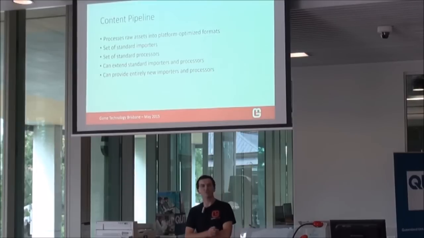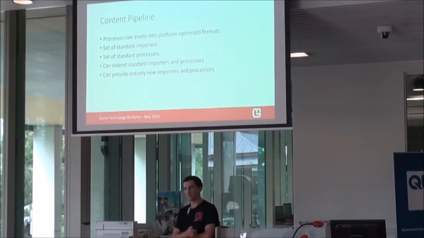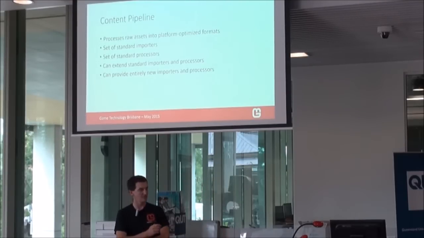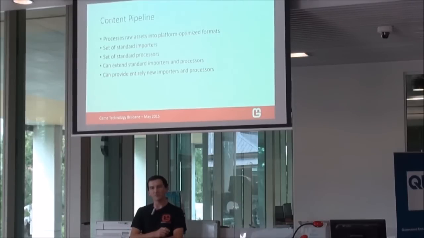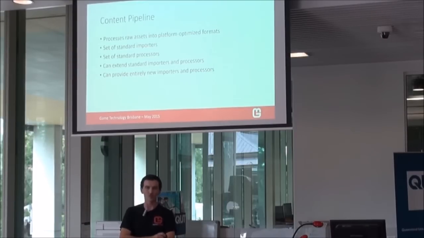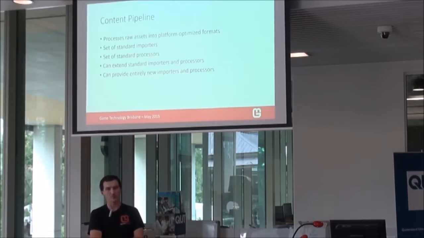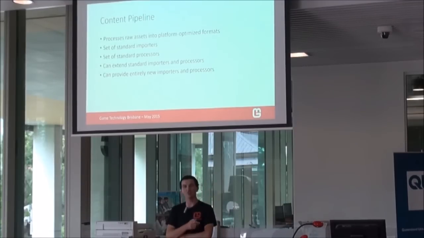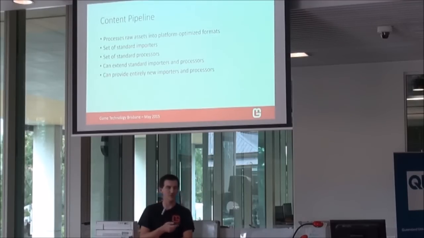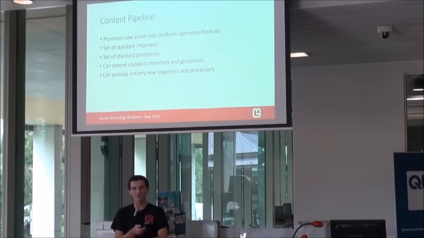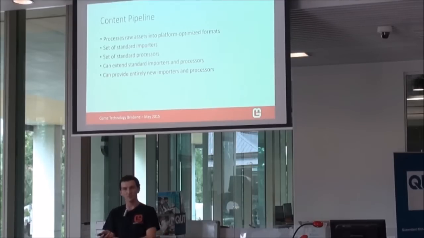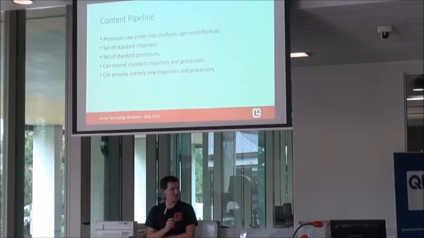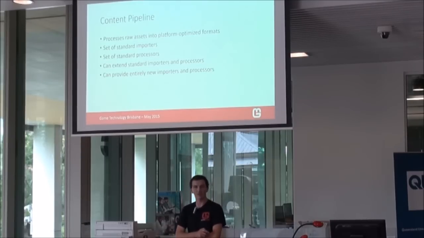So the content pipeline is a large part of making a game and getting the assets into the game. We've been using the XNA content pipeline on Windows for a long time, but it's only recently that we've removed that, and we have our own content pipeline from start to finish now. So that allows you to take your raw assets, and it processes them into a platform-specific optimized format. So for textures, that might be compressing them to DXT, or on Android, there's several compressed formats that it supports, and the content pipeline takes care of those platform